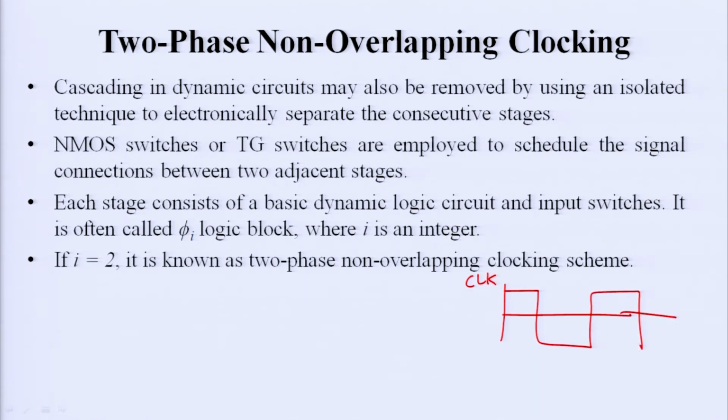One is your clock signal and another is its complement. So, one of them is high, at that point another is low. When this is low, this is high, this is high, this is low. These you can call it as